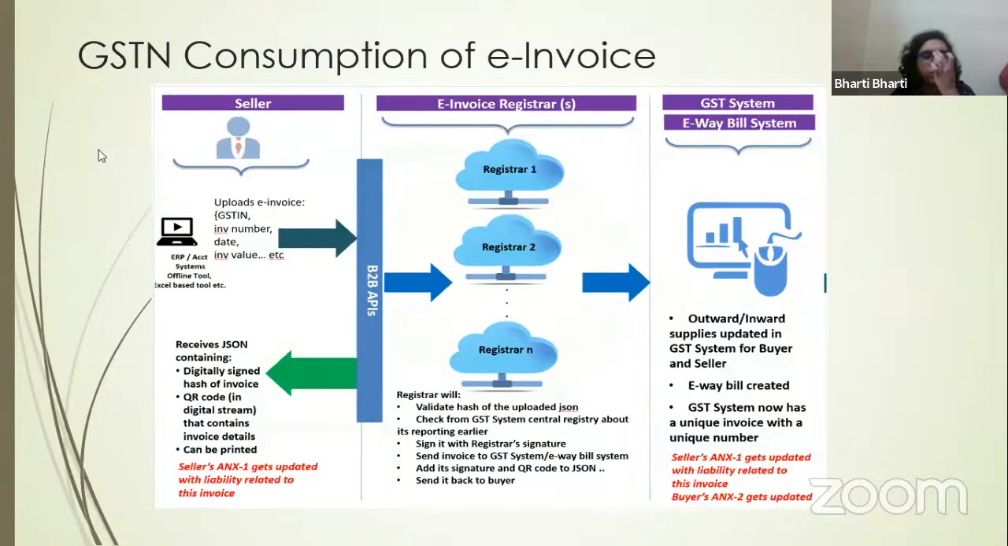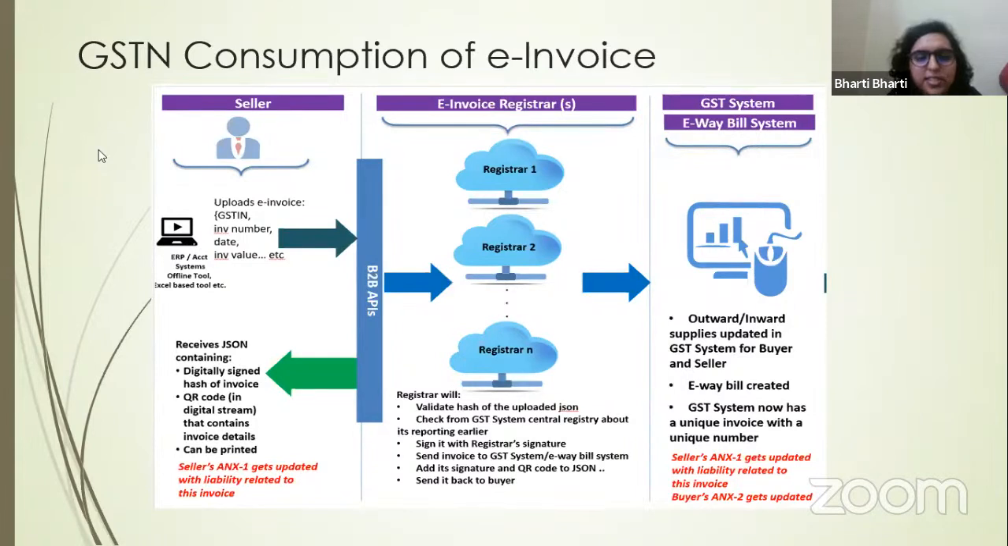Okay, now moving on to the process, GST consumption of e-invoice. So how does this e-invoicing process work? The invoices are uploaded either through the ERPs connected to NIC or through offline tools or any other method. Then they are validated by various registrars. They will check whether the data you have provided is valid. It will also check if it is a duplicate or an original or a unique invoice. So if it is a duplicate, you will get an error, and if it is unique, the e-invoice will get